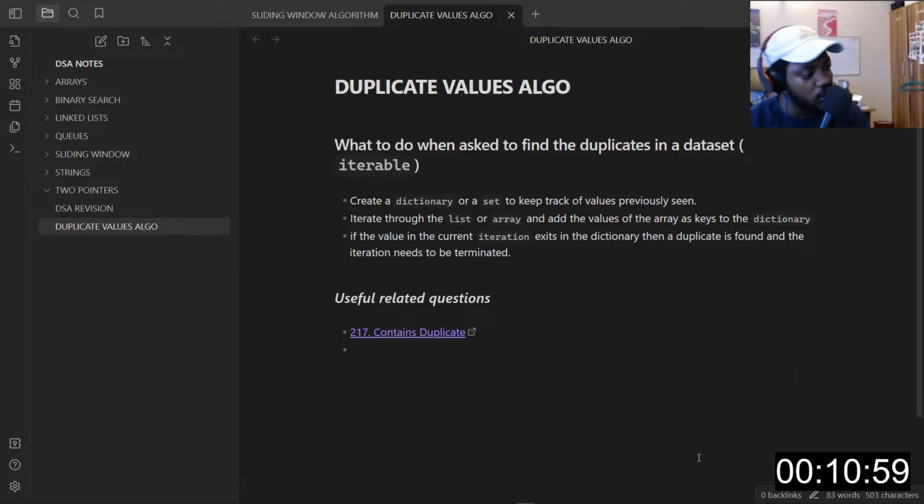Contains Duplicates 217. We can do 219. There is this thing you can do in Markdown. You just put a square bracket and then you can say 219, right? Dot Contains Duplicate 2, and just do this. So you put the link here.